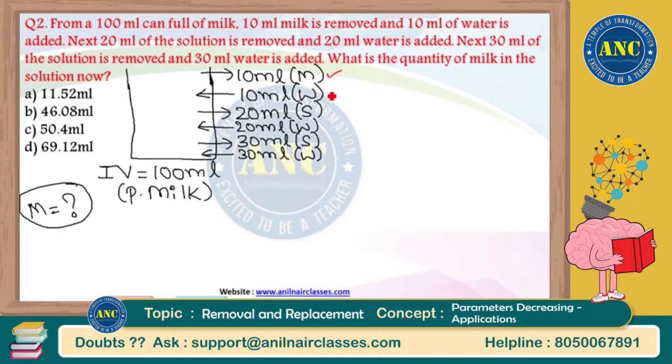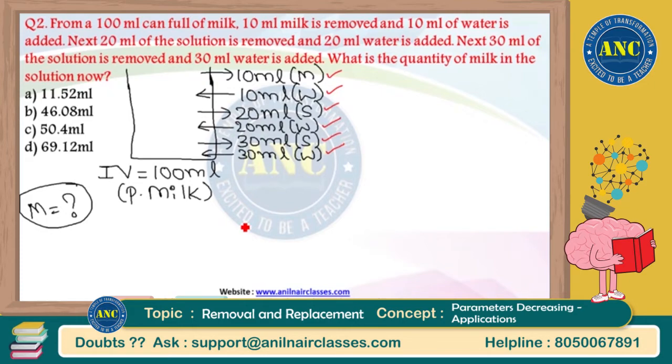First it is 10 taken out, 10 added. 20 taken out, 20 added. 30 taken out, 30 added. The values are changing right now. Now, same logic, sir. I will not go to method 1 and waste my time and your time also. I will directly switch on to beautiful ANC